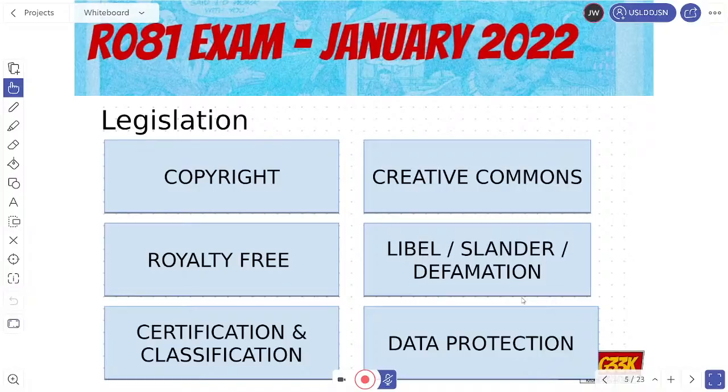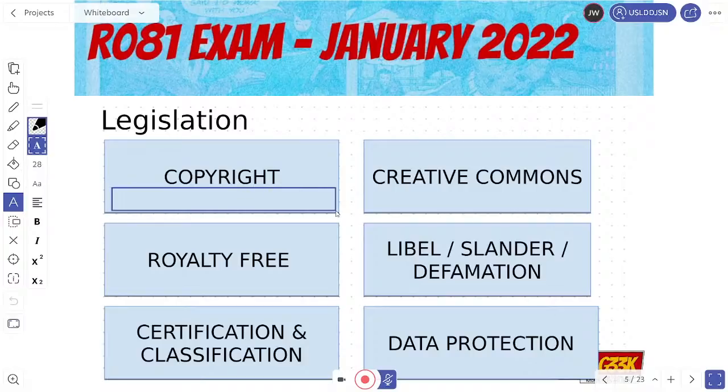But in terms of the exam, you just need to be aware that copyright automatically belongs to the holder, and that if you want to use a copyrighted image, you need to either pay a fee or ask permission. I'm just going to write this down on here as well, just so you've got it here. So you need to pay a fee and or ask permission.